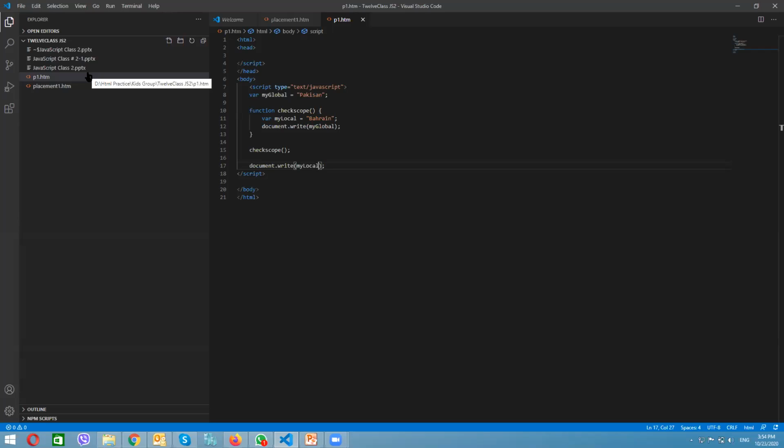If I write 5 minus 3, 5 and 3 are operands and minus is the operator. JavaScript supports all kinds of operators, including arithmetic operators, comparison operators,